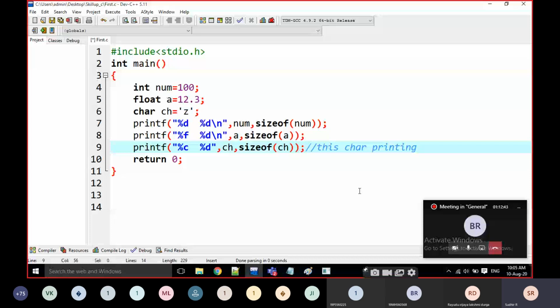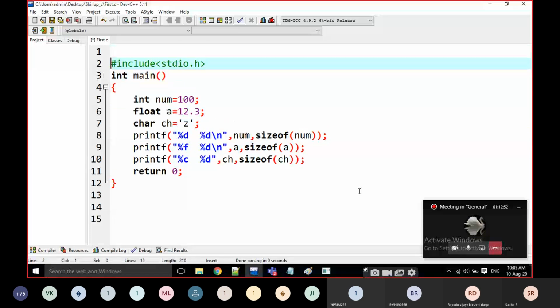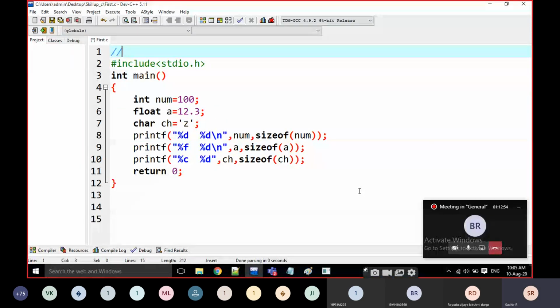If it is a single line, I go for double slash and write here my first program. It is going to be a single line comment. That means the comment is not part of the program.